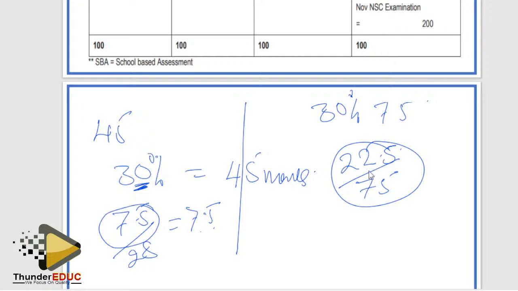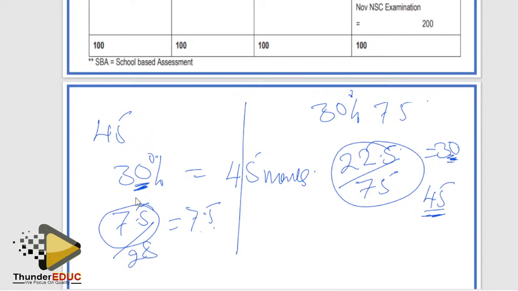Yes, so this is equivalent to 30%. So if I'm doing my paper, which is 140, then automatically it is equivalent to 45 marks. So it means that all papers you are writing, you require 45. Once you write a paper and get 45, and your CAS mark was 7.5, then you are guaranteed that you cannot fail. So that is number one.